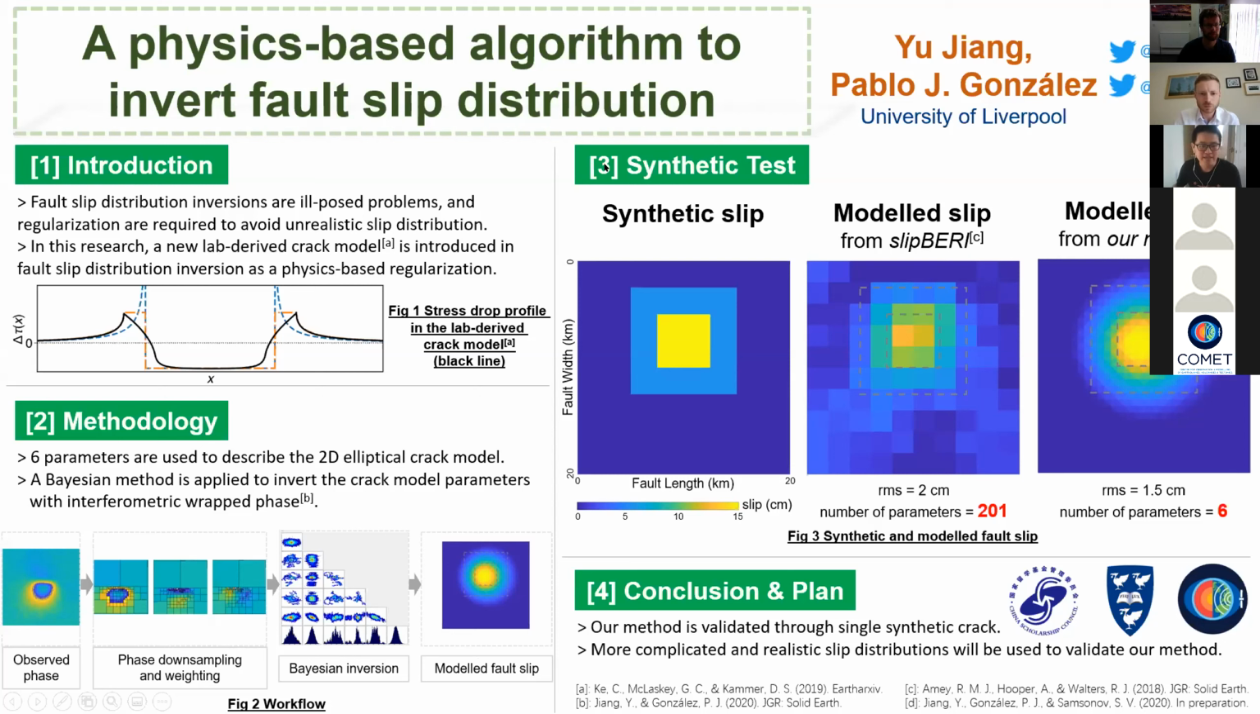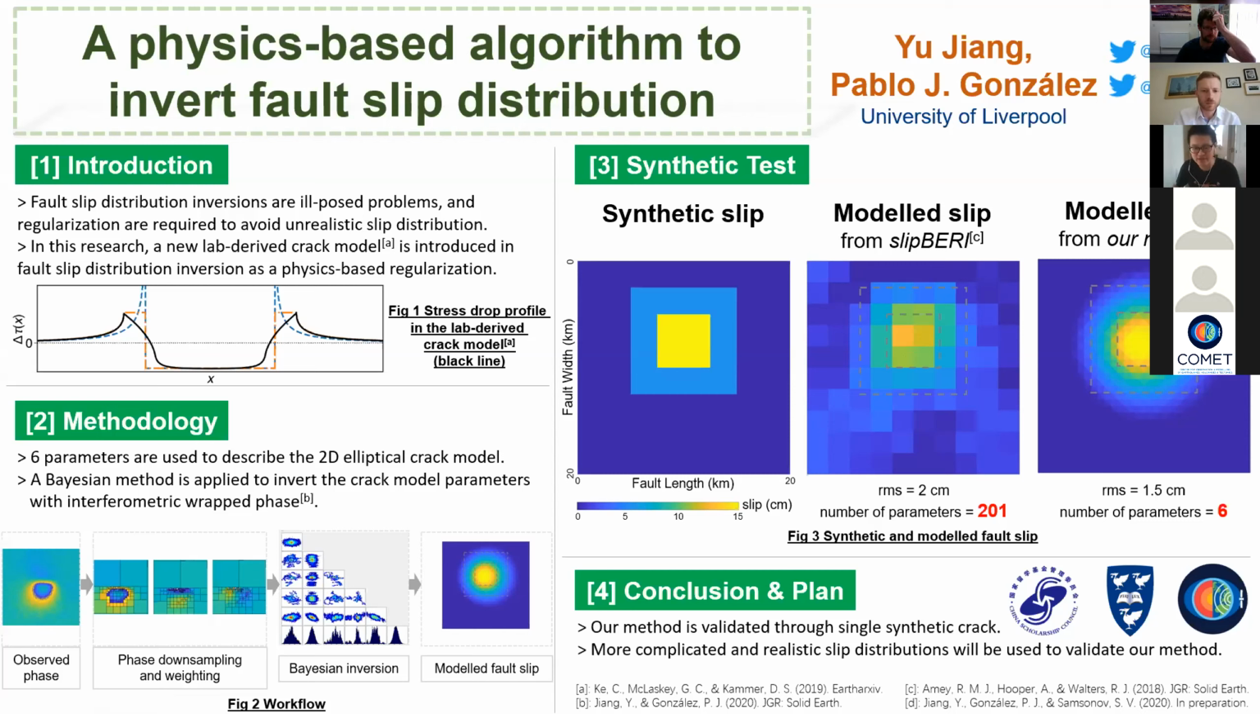Also, we design a synthetic test for the demonstration. In the synthetic test, the slip is 15 centimeters in the center and 5 centimeters around the center. The inversion with the slippery and our method show perfect performance. It revealed the correct location of the crack center and the maximum slip. And the RMS of slip residue is 2 centimeters for slippery and 1.5 for our method, which is more or